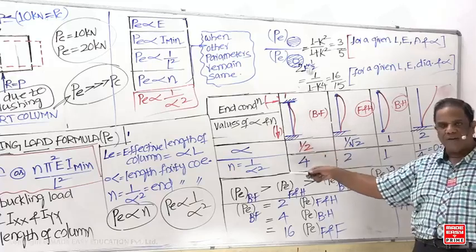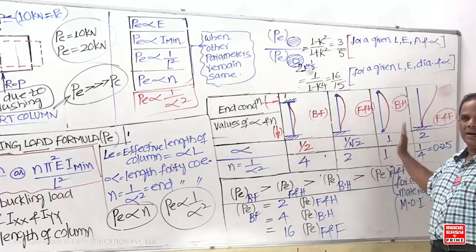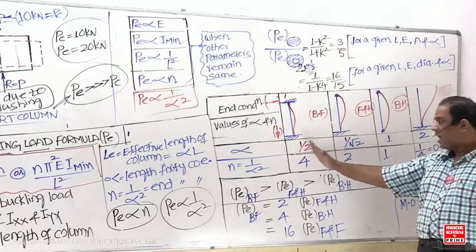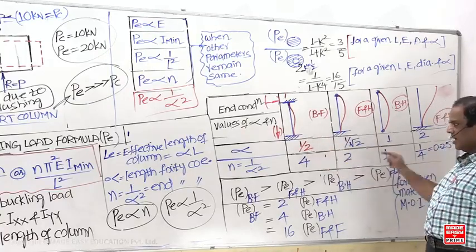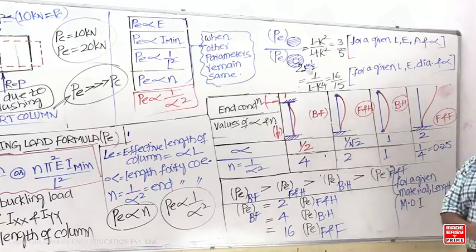So these values should be remembered. Either remember the alpha or remember the n. I have written them in decreasing order. Now, the alpha value is going to increase and the n value is going to decrease. So try to remember these values. Either alpha or n should be remembered. With this you can complete almost all the questions.